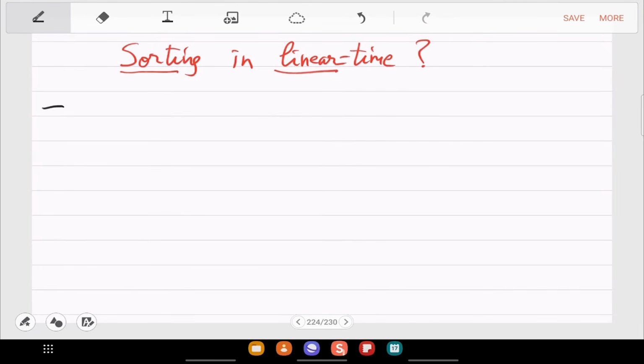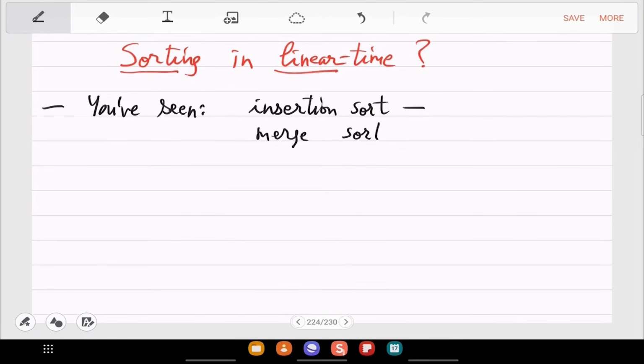So this merge sort or average case quick sort that you have seen, and also heap sort you have seen. So let's write that: insertion sort, merge sort, quick and heap sort.